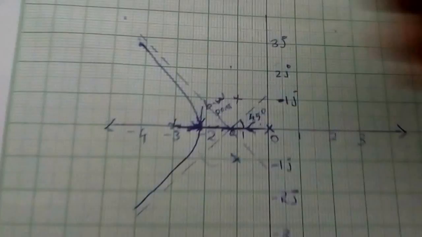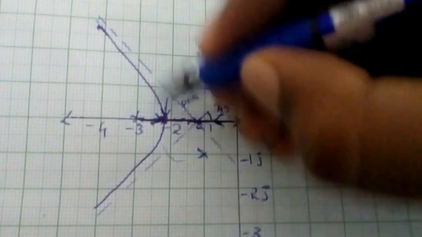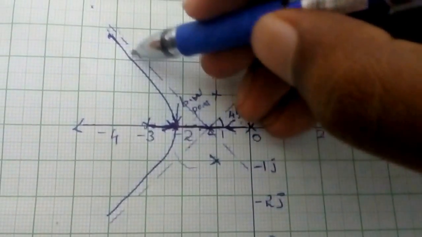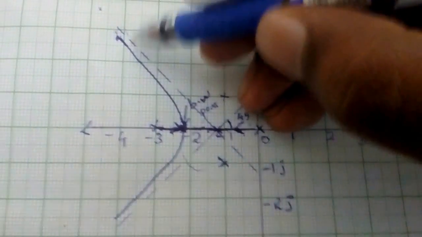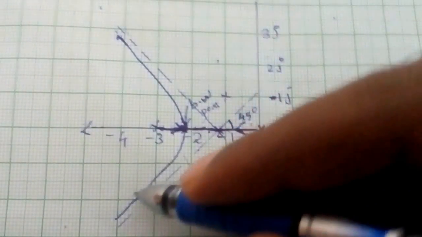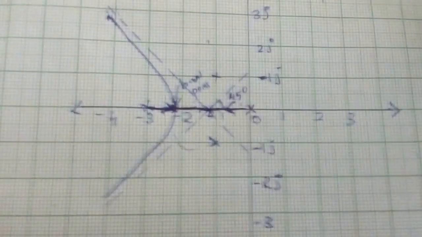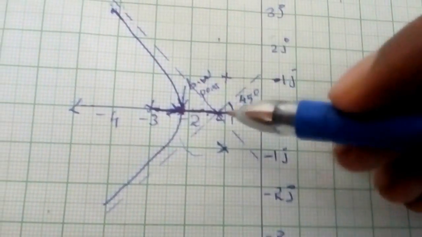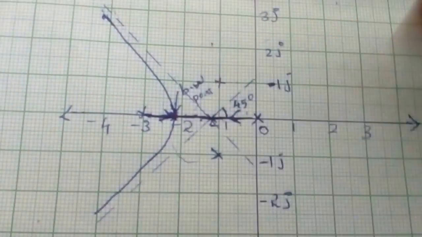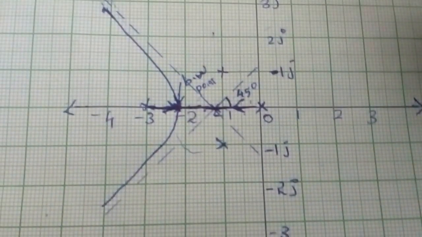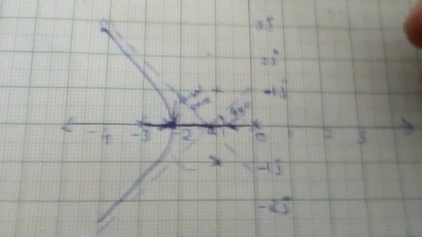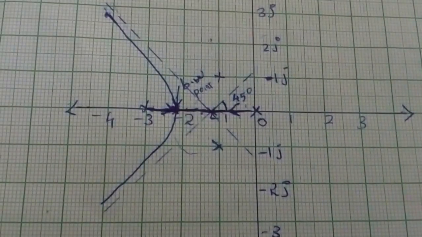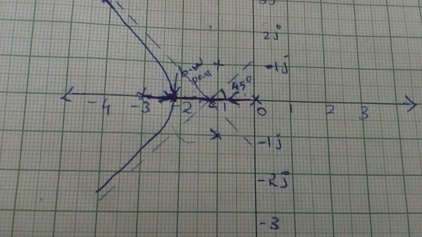So this is how it is drawn. From the breakaway point it is drawn like that, and it is going to meet the asymptote at infinity. Draw it like that. And now we have one, two root locus regions, and there are two more to come that we already found out at the beginning